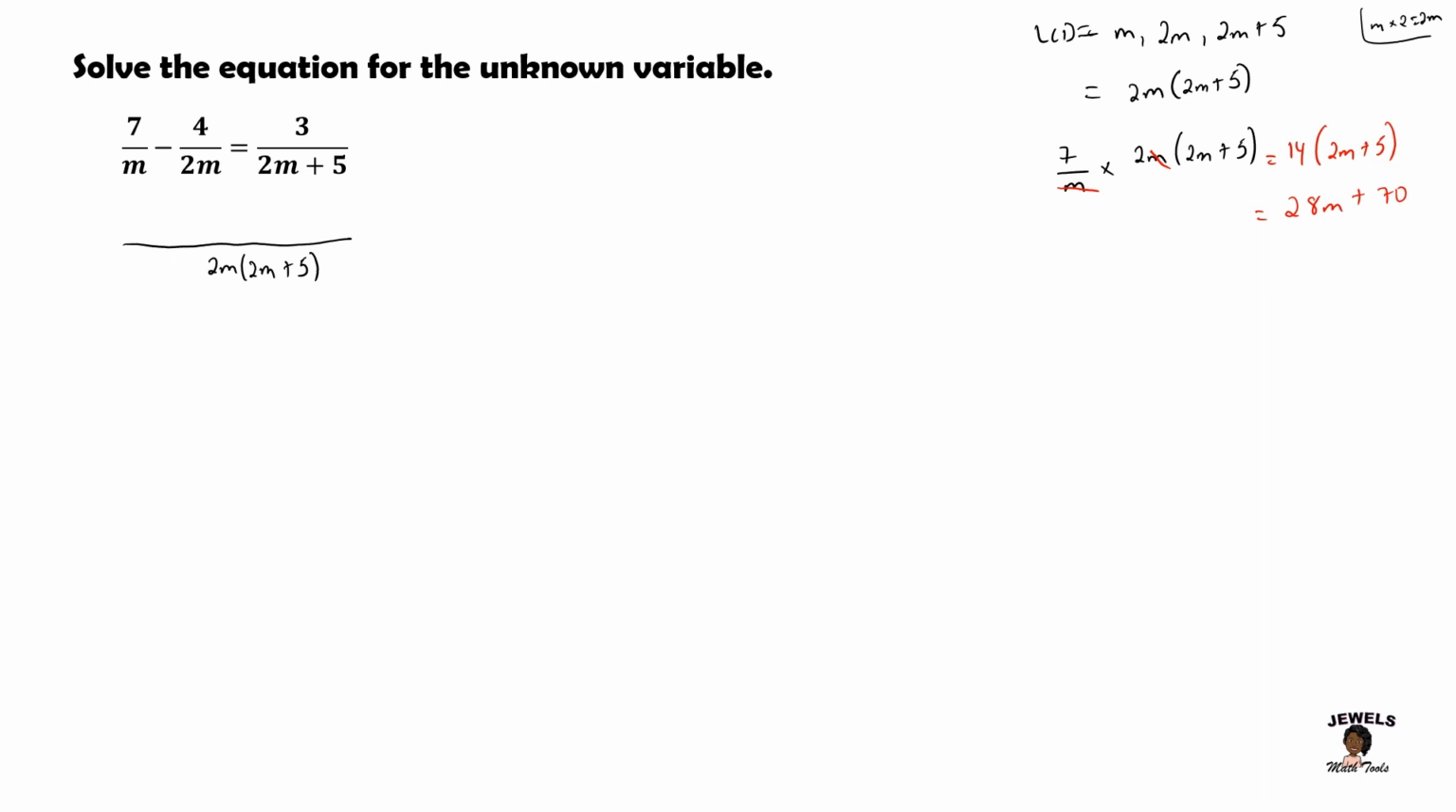So now that we have converted my first fraction into its equivalent form, let's plug that back into our equation. So we have 28m plus our 70. And now that we have changed our first fraction, let's begin with my second fraction, which is